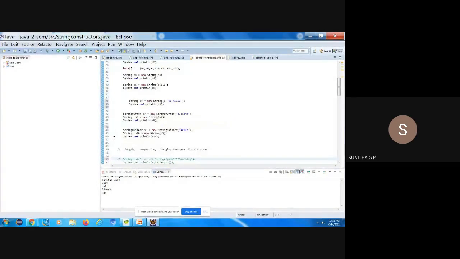And line number 44 to 46 is what? A string object is created using a string builder object. Okay, so whenever a different object is sent as a parameter for a string constructor, a string object is created. So using object, using byte, and using character, you have created a string, and the respective constructor syntax and the usage you have studied.